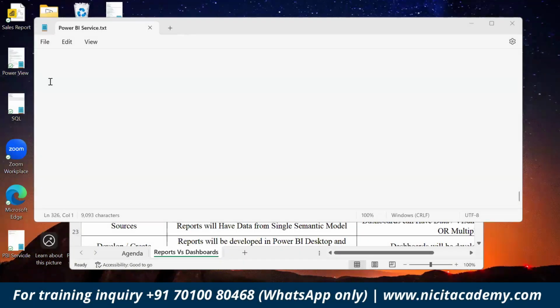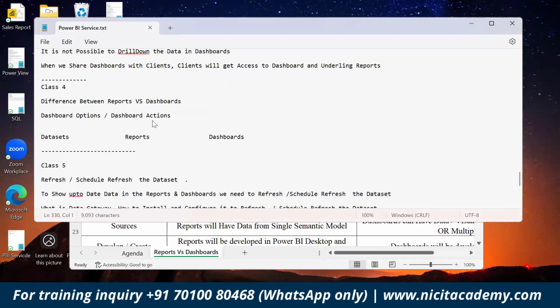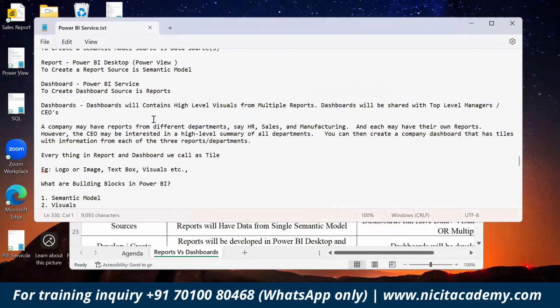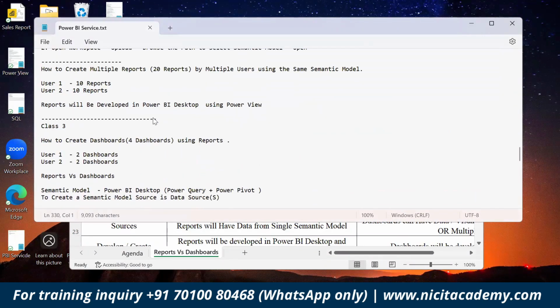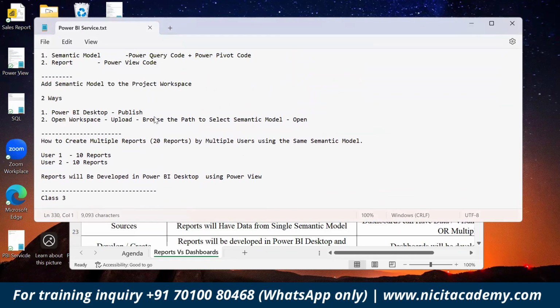Let's start with today's session. In the previous class, we started with reports. We have created some of the reports. We had two developers, user one and user two, who were assigned to develop 20 reports, and both of them contributed to the 20 reports. Now the task is finally to get some dashboards out